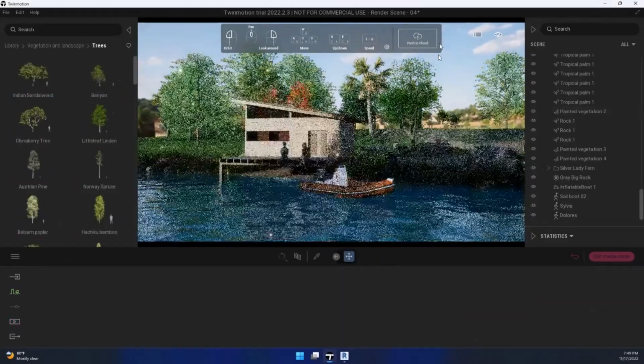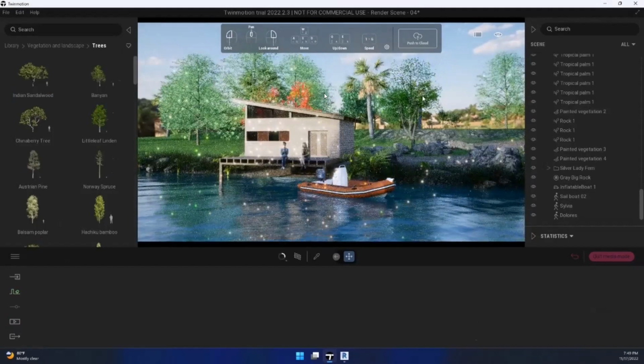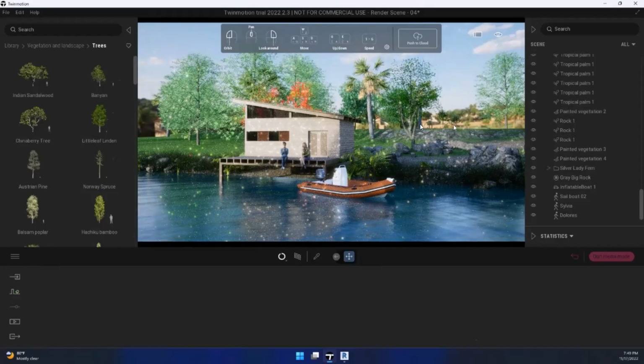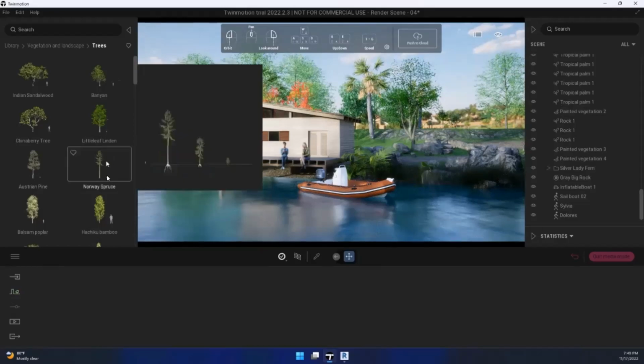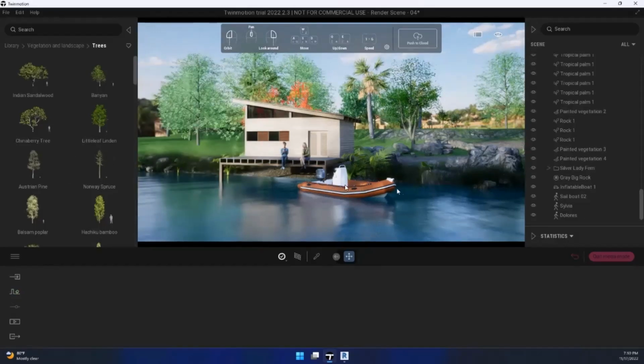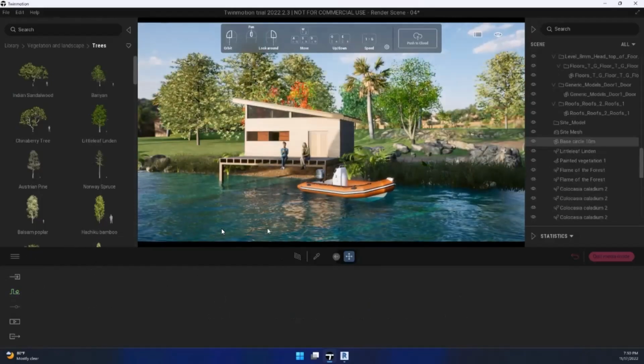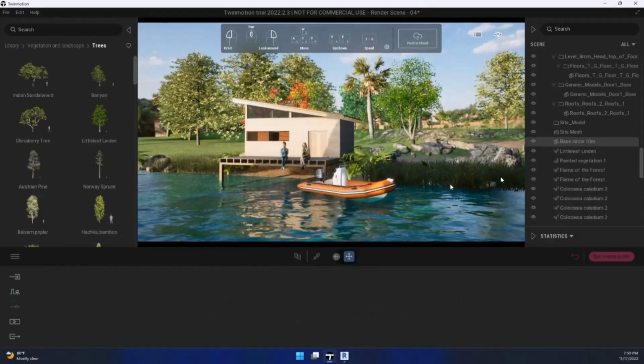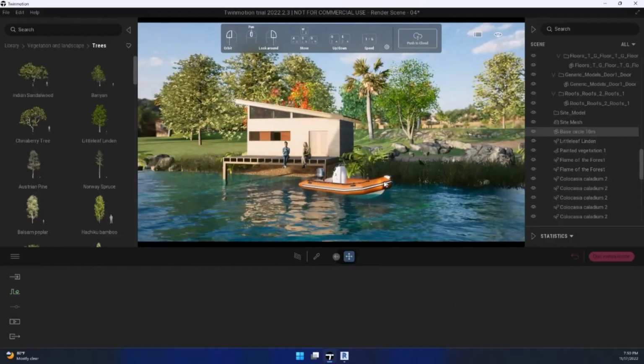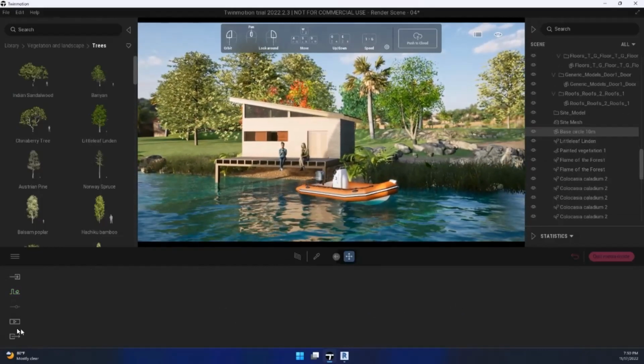The other thing that we need to be doing, we probably need to fill out some of these areas here with more trees, better looking trees. We need to fix the water, and this is the trick when you're using the path tracer. The water kind of looks a little weird, and the best way that you can work around this is to change your material for the water. So for example, in my case, what I would do is